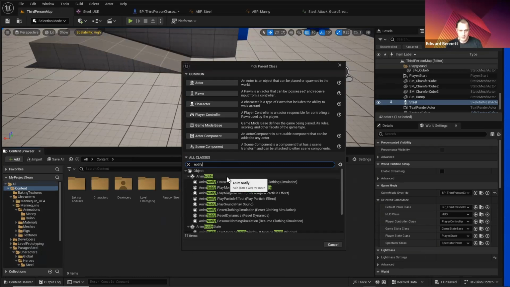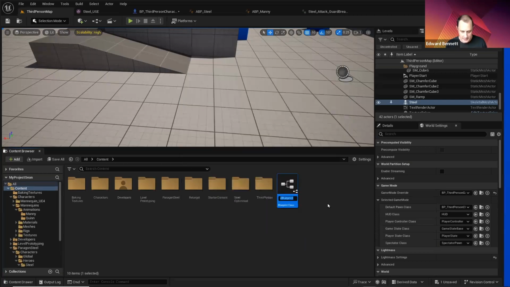And you'll see at the top, we have something that's called an anim notify. Now, when we do behavior trees and state machines tomorrow, this kind of thing we're going to do a lot. We're going to be creating classes for a specific action, and it gets very, very modular, so that we're sort of bolting things together a lot. But by creating an anim notifier,